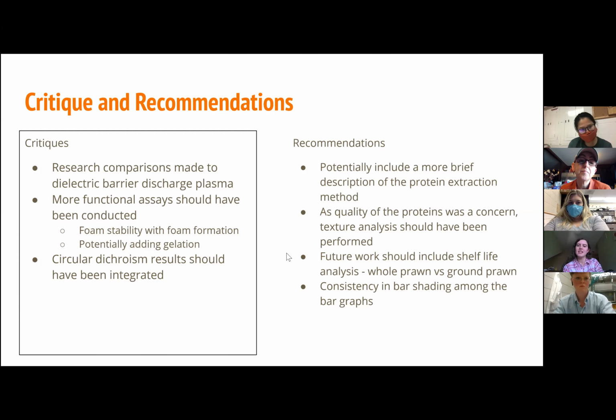So some recommendations that I made were potentially to have a more brief description of the protein extraction method or even modify the method. I saw some other papers had a very stripped down method for this, as well as just mentioning and coming back to the purpose of them doing this research. They never really came back to how this would apply to their purpose of increasing the shelf life or quality